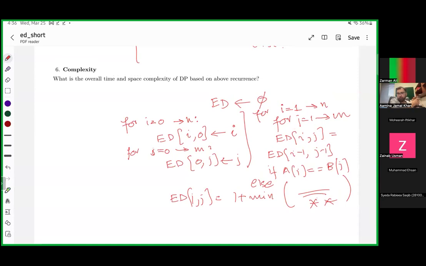Sharo says the correct answer. Space complexity is the size of the table. And the size of the table is m times n. It's not m plus n. Any questions? All right. I think we can move on to